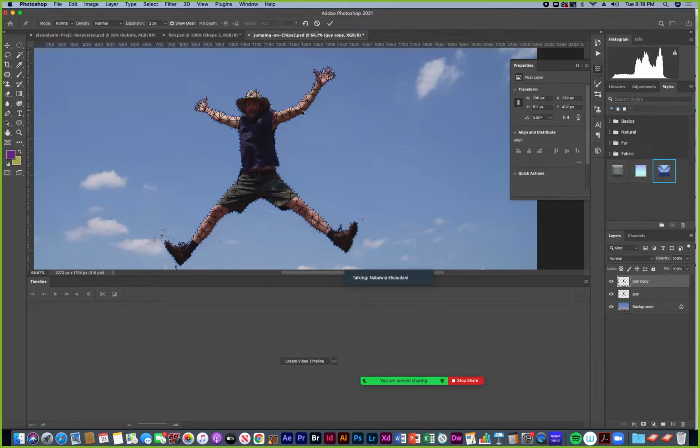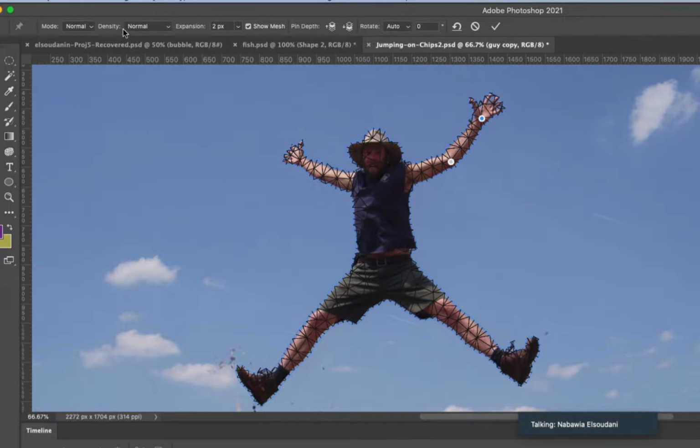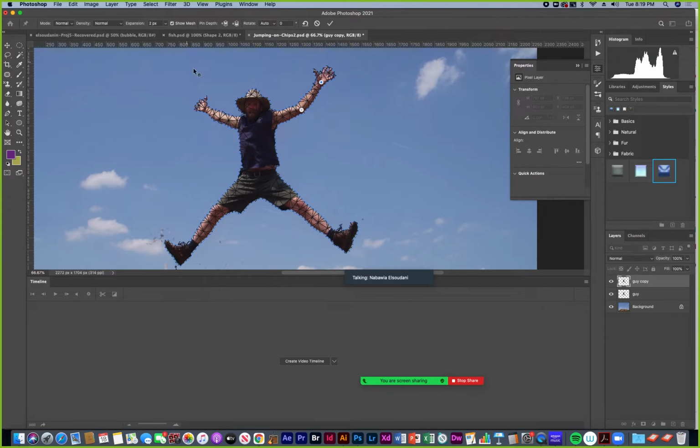Good places to add pins would be joints like the elbows to tack things down, the hands. So you see it looks like a little thumbtack. And I have everything set to normal, and normal for density, and expansion is how far the mesh expands out.